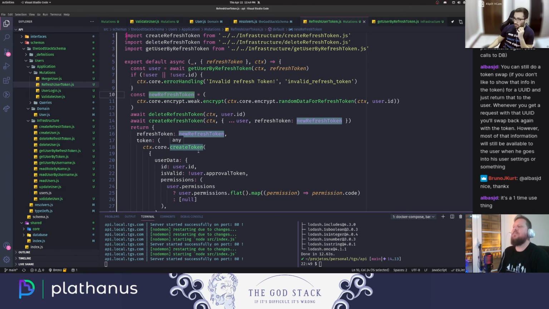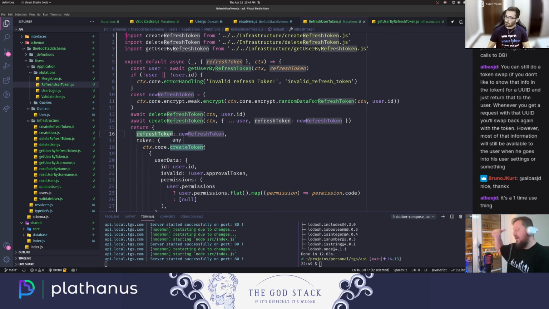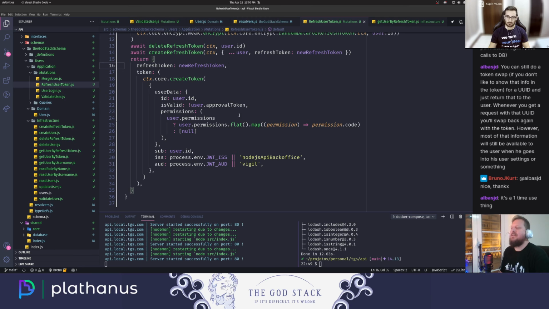And then we will get a new refresh token. We're going to delete the old one, create a new one with that new refresh token, and create a new response to the front end with this new token and the same information that we have,